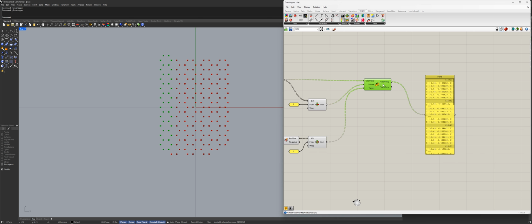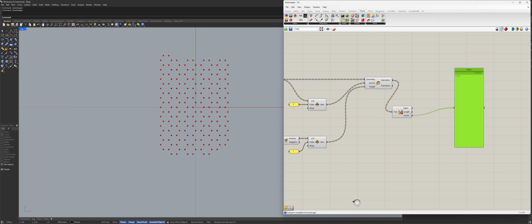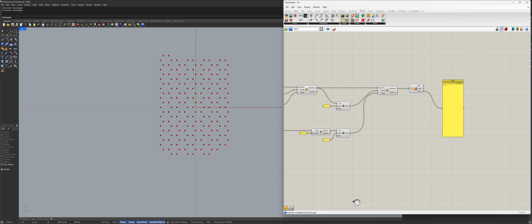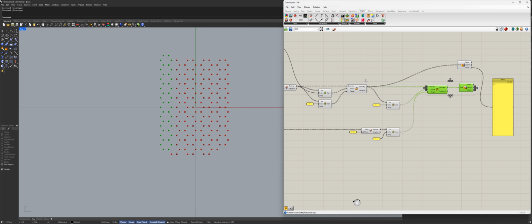So we have ourselves this list of data, and the data tree. I will use this statistics node, plug it here, and look at the count. Count is 10, right? What about this one? Let's repeat the same step, plug that here, and look at the count. Count is 9. So when they are different,